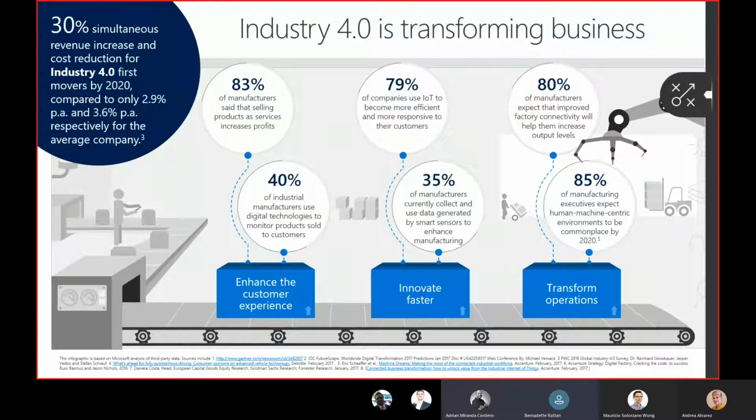So one of the things that I consider is important is to take into account the industry 4.0 and how the industry 4.0 is basically transforming the business, right? And how the trends are going and how we can actually associate all the data that we are collecting to anticipate business outcomes. And that's the thing about predictive maintenance, right? And some things that I consider important is to understand that